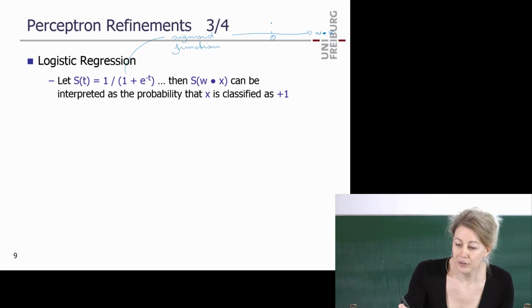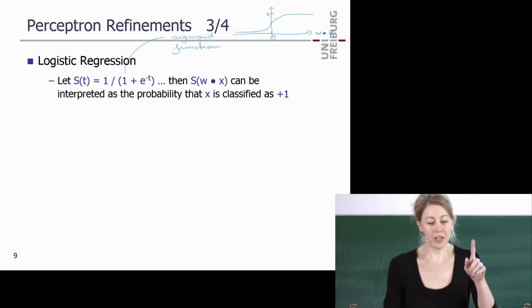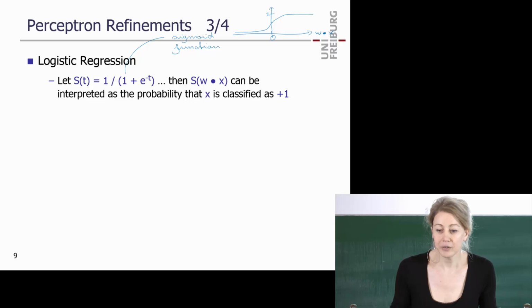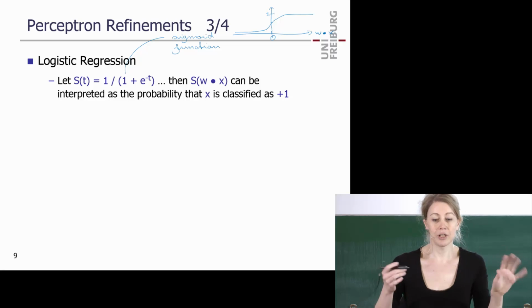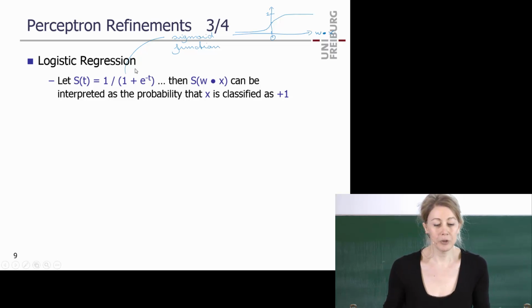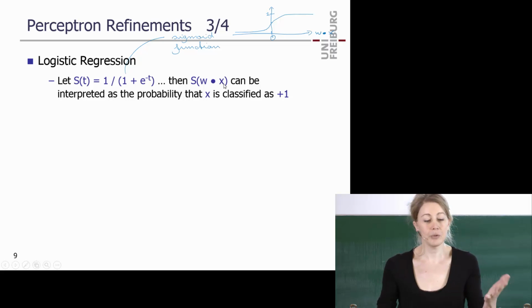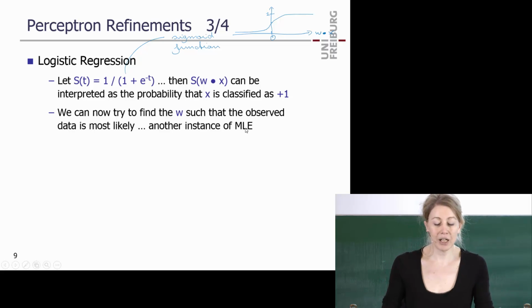This is what this function does. Here is 1, and here is 1/2, and it looks like this. It's 1 divided by 1 plus e to the minus t, right? At 0, the probability is 1/2. Below 0, it's below 1/2. Above 0, it's above 1/2. And it approaches 1 on one side and 0 on the other for large absolute values. So with this function, you can turn this into a probability. What's the benefit? Now you can use maximum likelihood estimation to do some mathematics.